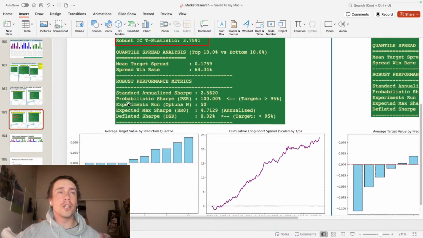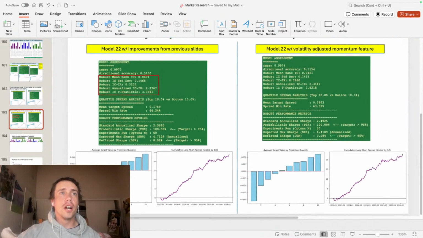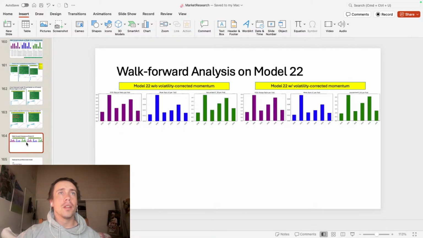Not only are the metrics really good, the decile analysis looks basically perfect. It should be monotonically increasing. That means the lowest decile is the worst performing, top decile is the best performing, and each decile is higher than the previous. And that's exactly what we see here.